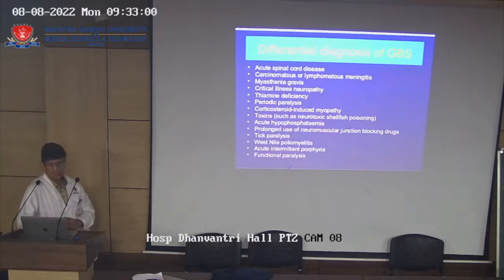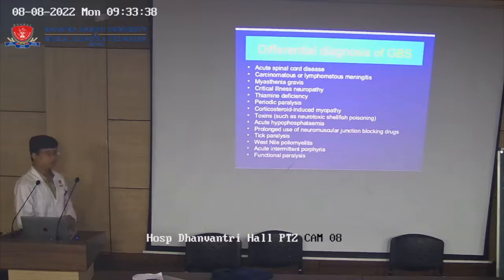But if a patient presents with progressive symmetrical weakness, starting from both limbs and ascending upwards, with predominantly motor involvement, you may get sensory involvement also, but in the majority of cases you will get motor involvement. And when you check the reflexes, the knee jerk, ankle jerk, and plantar, there is no response, that is areflexia, and the patient does not have bowel and bladder involvement, then it is 99.9% GBS.